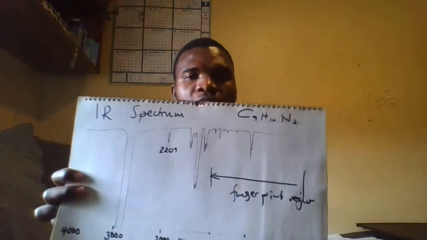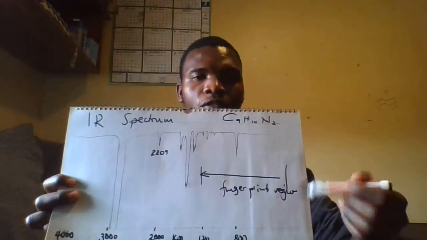So I'm just going to mark the fingerprint region as I indicated here with the arrow from this part